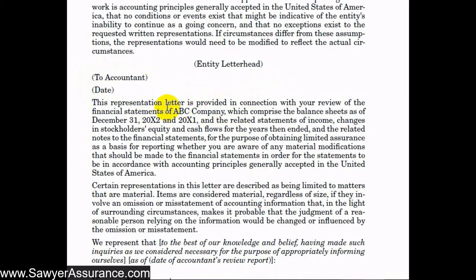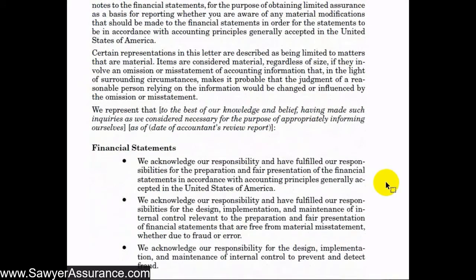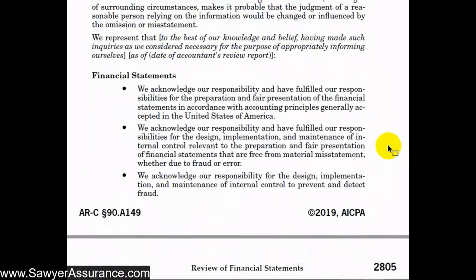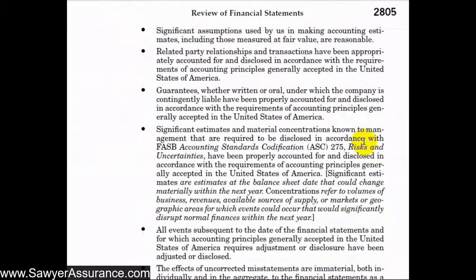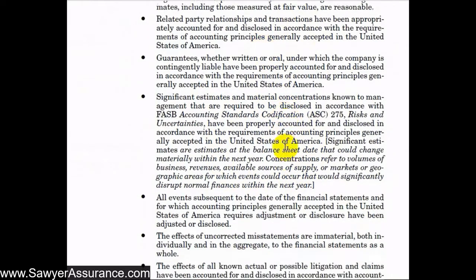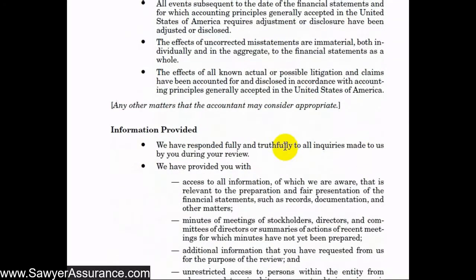And so it says it's in connection with the client's company over certain periods, financial statements that were reviewed, and the financial reporting framework. We also note here that they're only telling us about things that are material, and that they represent, to the best of their knowledge and belief, that as of the accountant's review report date, they represent all of these items. We'll see these are basically the same as what we saw in the requirements, so we will skip over these quickly. They have financial statement representations here, and they go into a little more detail than what was up in the requirements, but if you need to, you can stop this video and read through them. And there's a little section here where it tells us we can add more representations if we want.